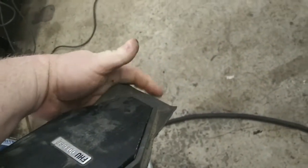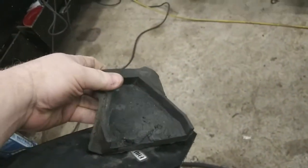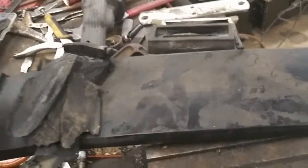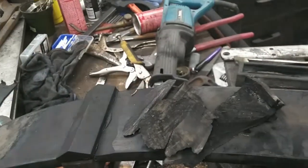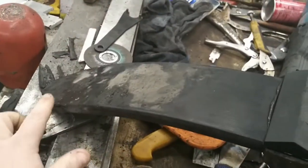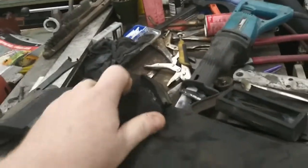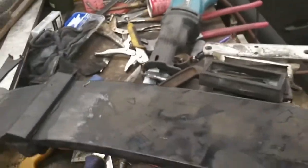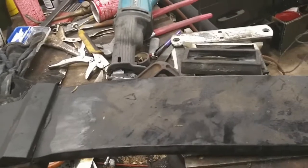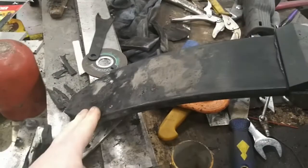This rubber rides in the end of the control arm. So, one of these peeled off. The other one, however, came off in pieces. I used a Sawzall, and I did not cut into the spring ends at all, but I got it off. So, that's off. I know that there's not a lot of information out there, so anyway, you want to get those pads off,